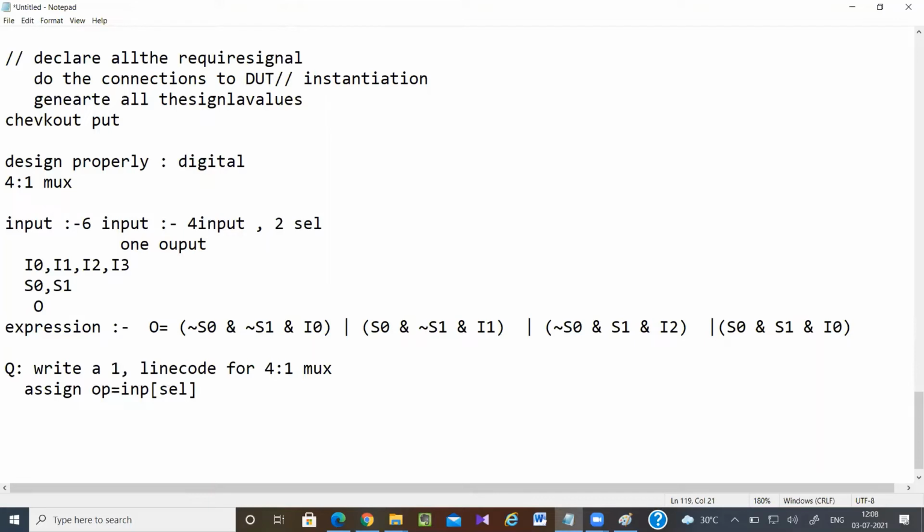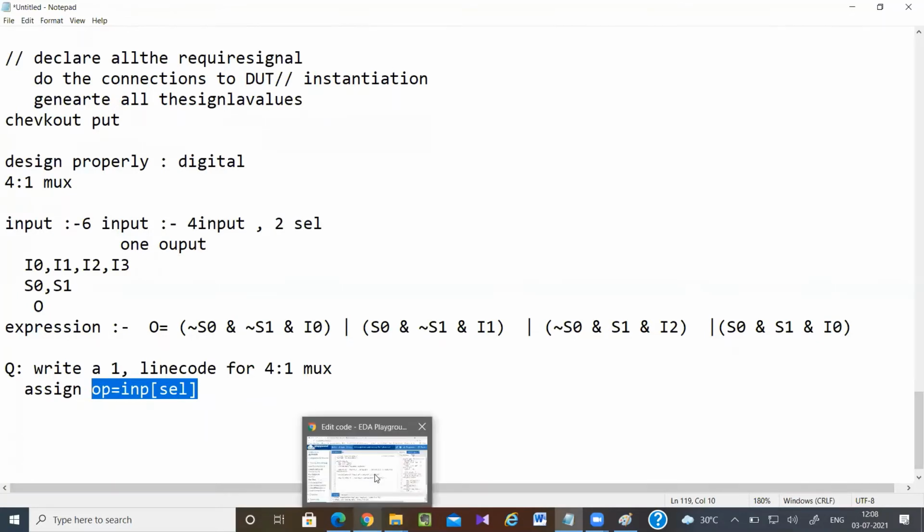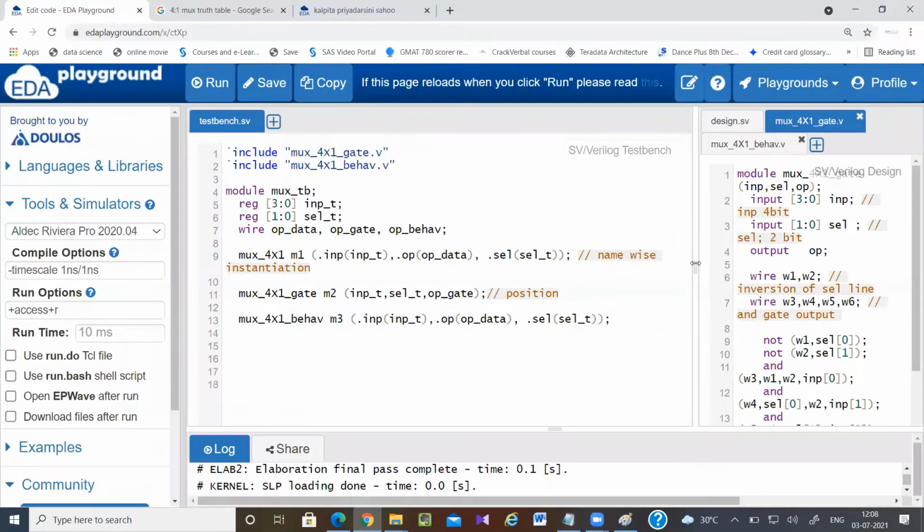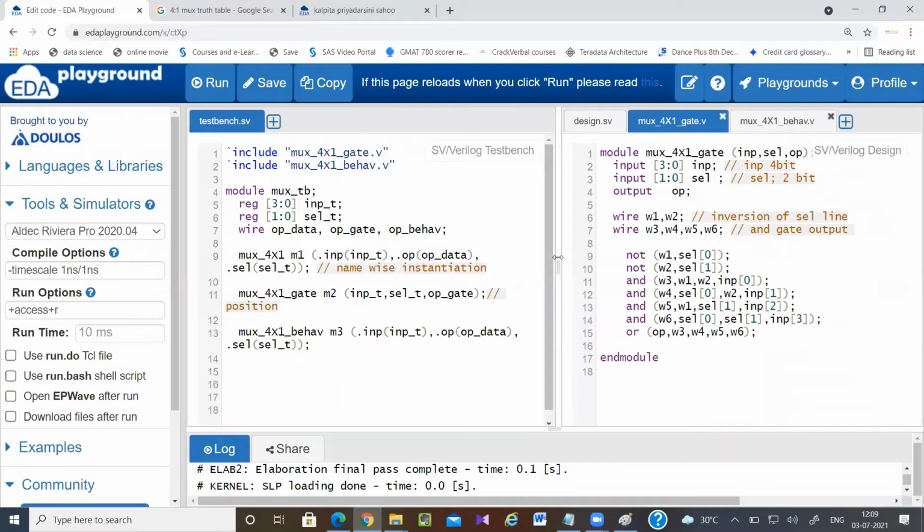This is any kind of 4:1, 16:1, 32:1, any kind of mux you take, the design is going to remain the same. But whatever the designs I have explained to you, that may vary, that may differ. So it is the same, and it is just so little code, I can guarantee that there cannot be any mistake here. But whatever the code I have written, there may be a mistake. Instead of input 0, I may have written input 1, input 2. There can be that kind of mistake.